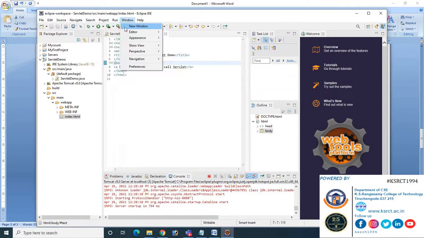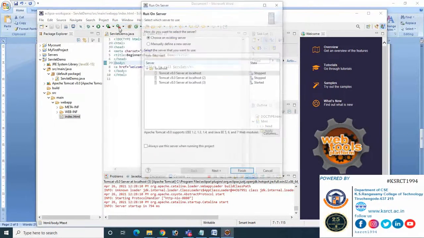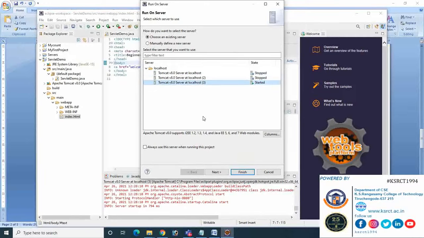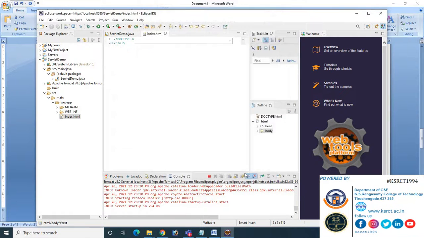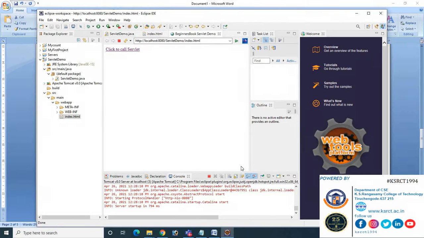Let us rebuild it. Next we have to, I think we didn't give the next; without giving the next, we have given the finish directly. So configured, we have to give servlet demo and then let us give finish. Okay, now let us give click to call servlet. Now the message hello world is executed successfully.